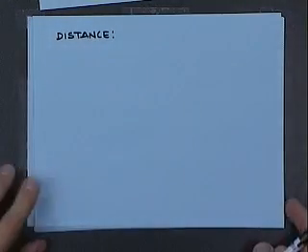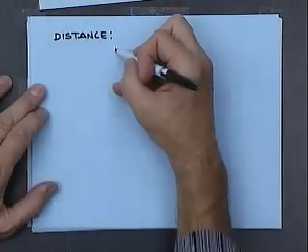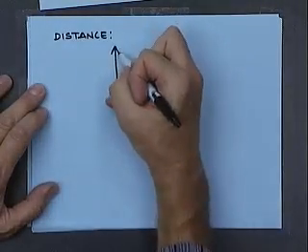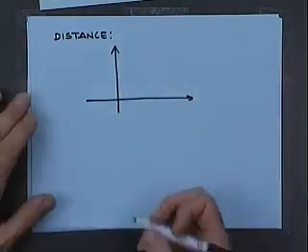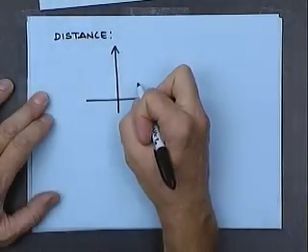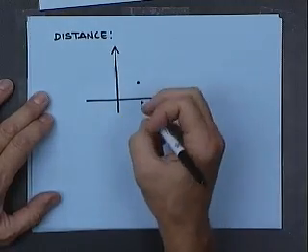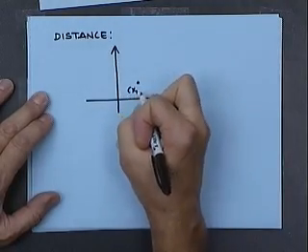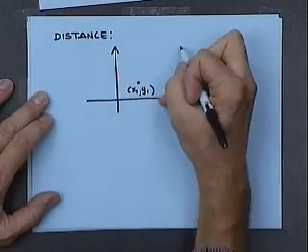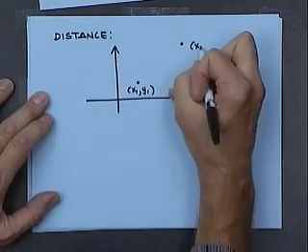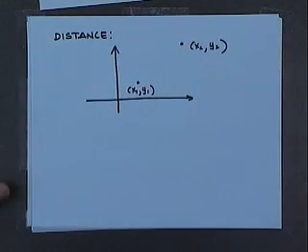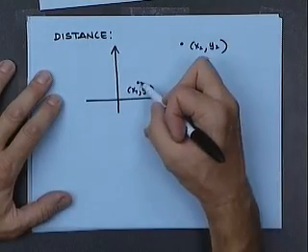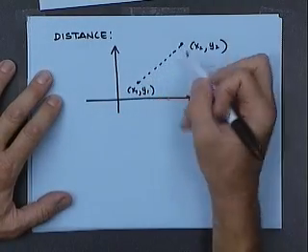Distance in the coordinate plane. If the 2 points are in the same horizontal line or the same vertical line, that's easy, but if they're not, let's say we're over here at x1, y1, and over here at x2, y2. Now everybody knows the distance formula. There's a reason why I want to start with this, is what we get to next, is if we want the distance between these 2 points,